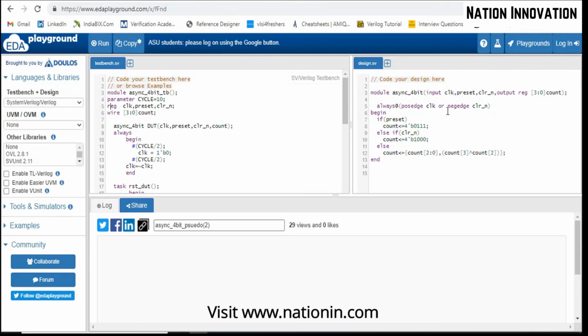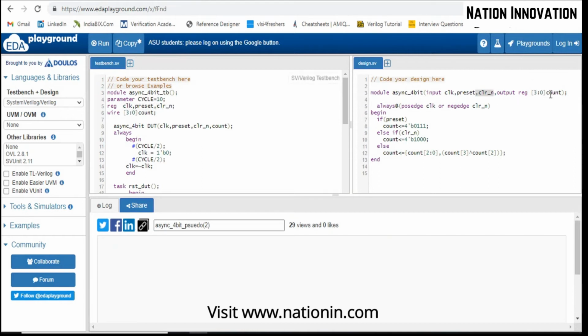One more thing I want to tell you: whatever the inputs in the DUT, design under test, we take them as reg type in the test bench. Suppose we have taken clock, preset and clear as inputs in the DUT. Then all these signals will be reg type in the test bench: clock, preset, clear.